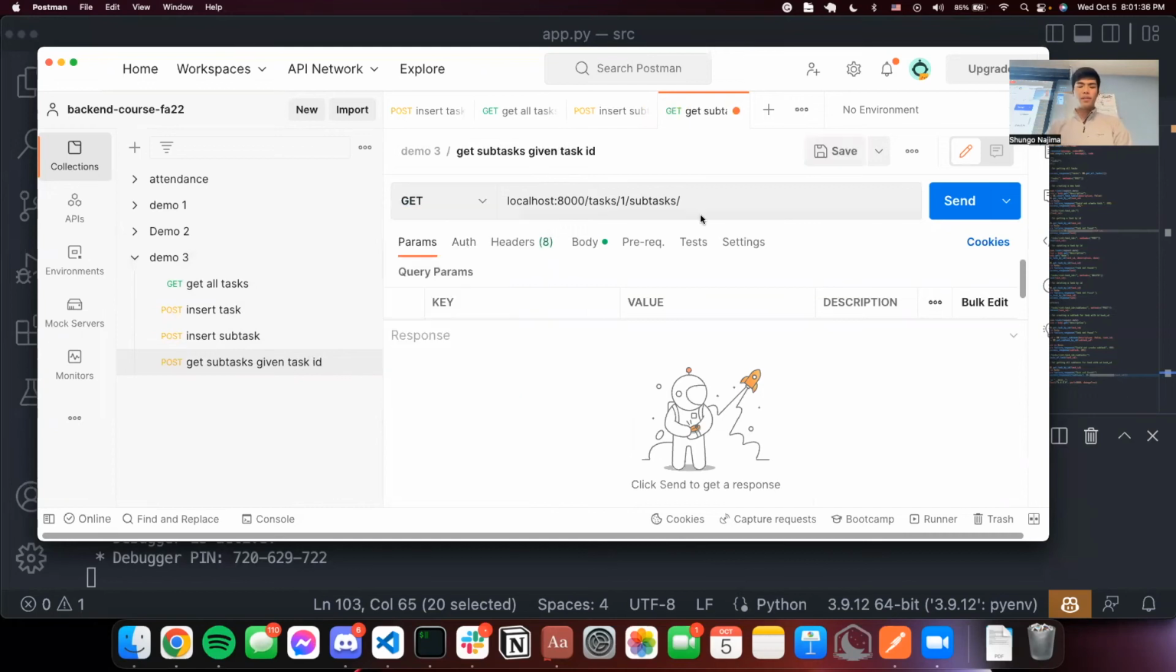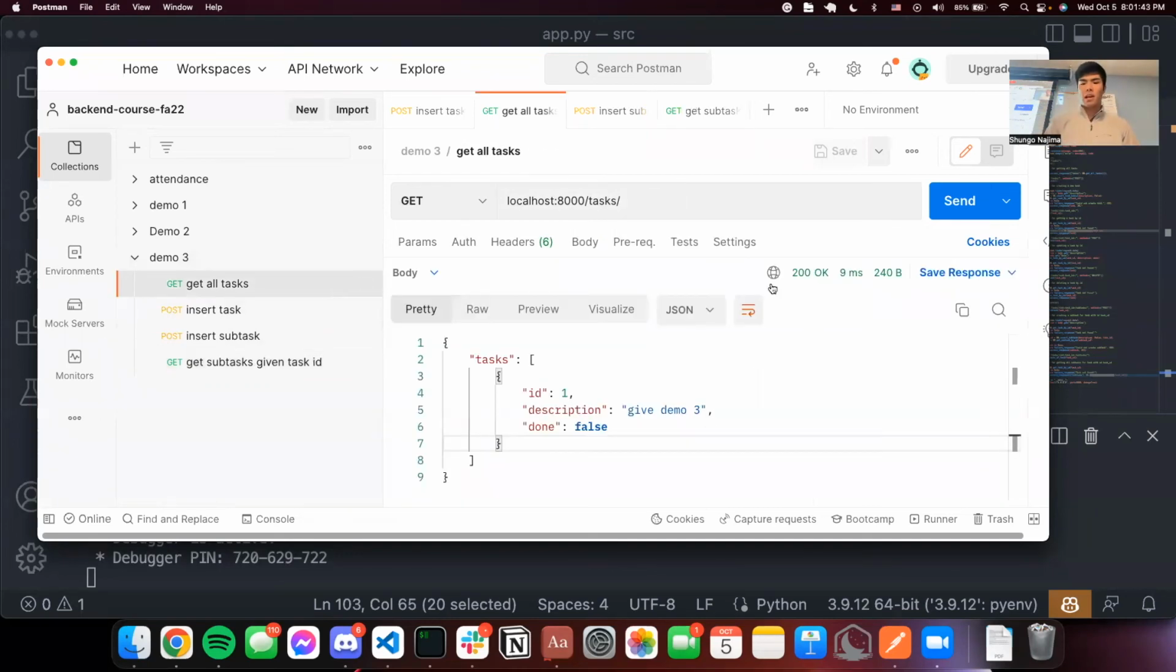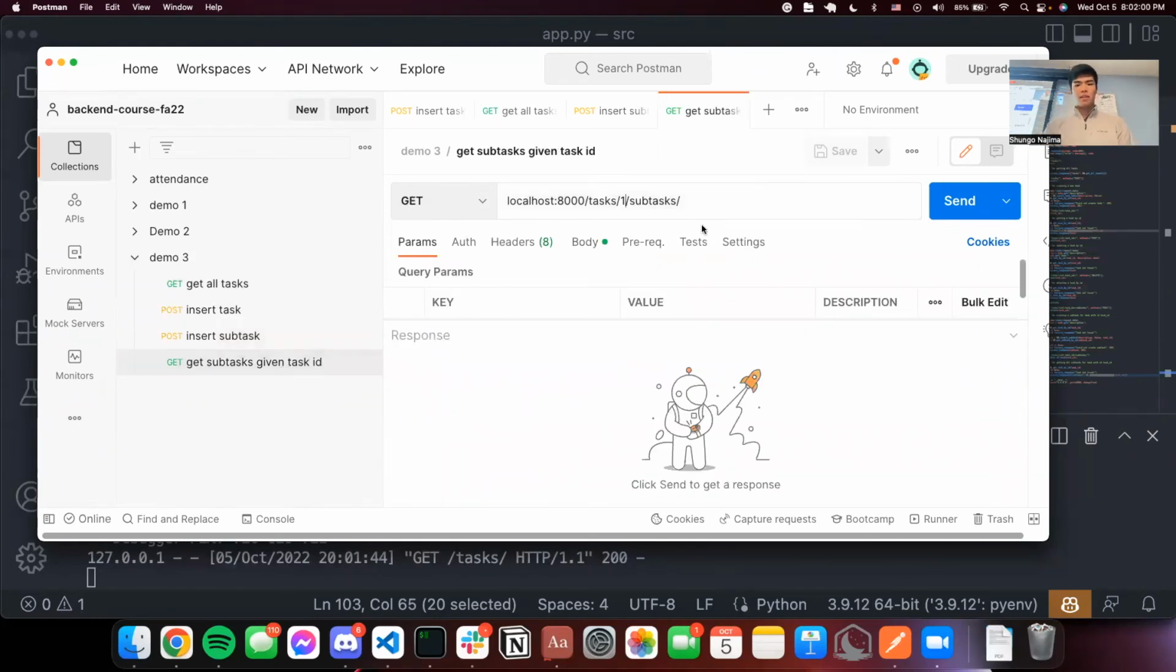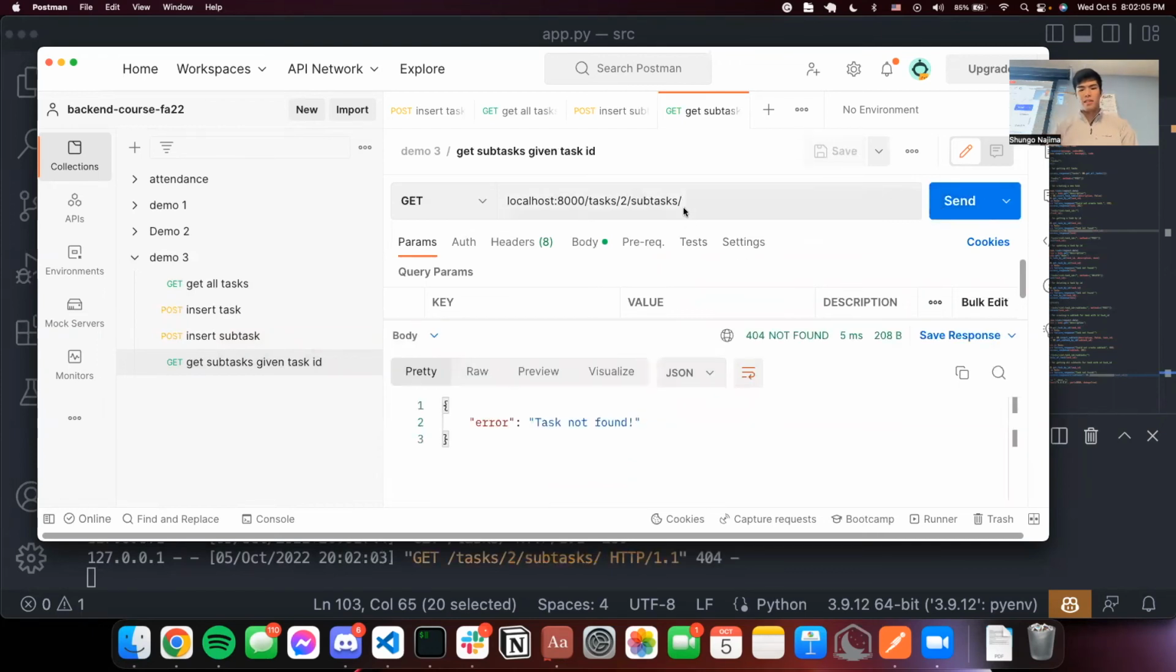This is a get request, and we just have to hit the same endpoint that the post request hit. So we can get all the tasks, right? We still have our give demo 3 task. And earlier we inserted a subtask called prepare starter code into the same task that we just created, the task ID 1. So if we pass in an invalid task ID, we're just gonna get a task not found. If we pass in the correct task ID, we'll get the list of subtasks that is created for